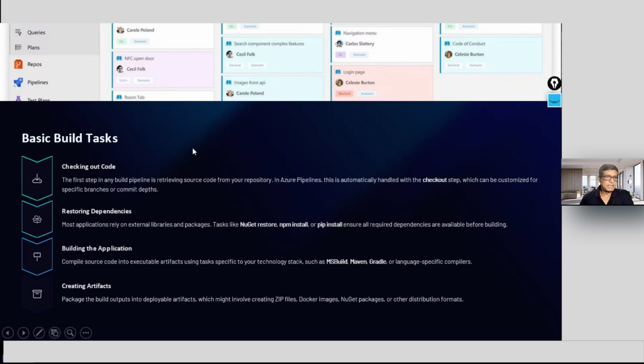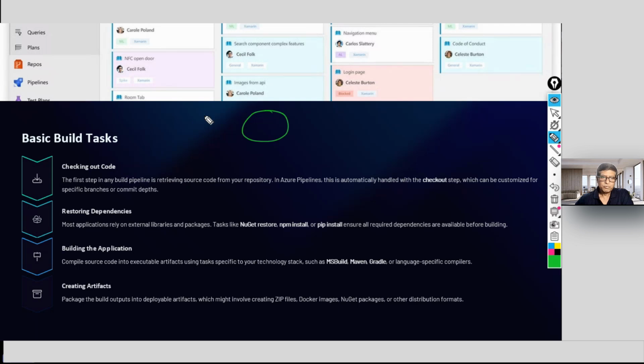So basic build tasks. What are the build tasks? You have integrated your source code from GitHub, where the developer has put in some source code.